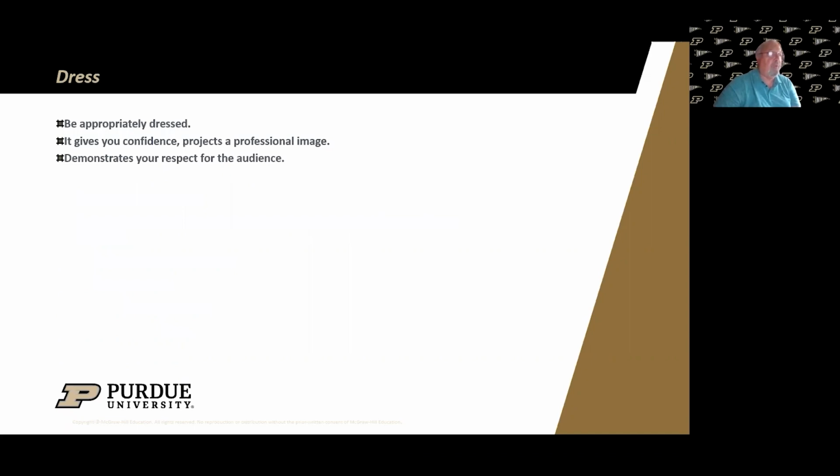As it relates to dress, be appropriate. If you're not sure what the appropriate style of dress is, contact the individual that invited you to give a presentation and ask them. You want to be dressed equal to the best dressed person, okay? Because that way, if you're wearing a sport coat and a tie, you can always take your sport coat off. But if you come there without a sport coat, talking about for gentlemen, then you're automatically at a disadvantage. It gives you a level of professionalism, and it also dictates